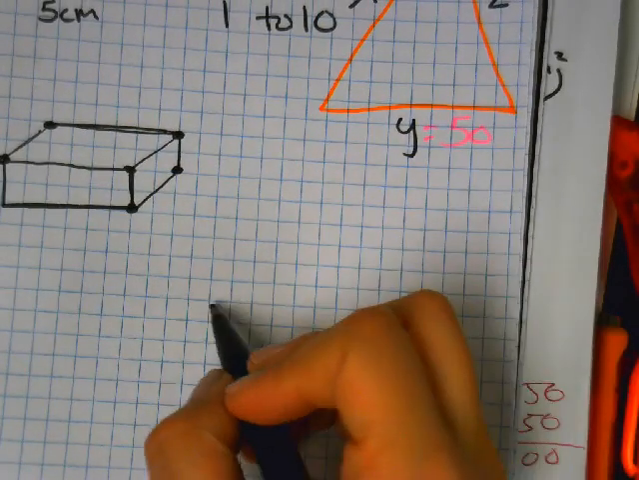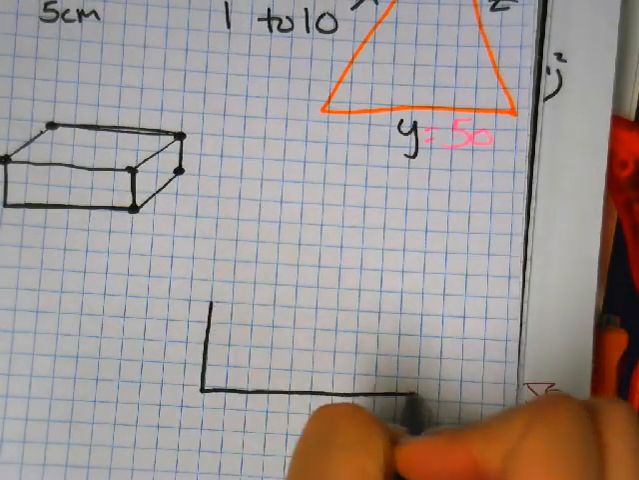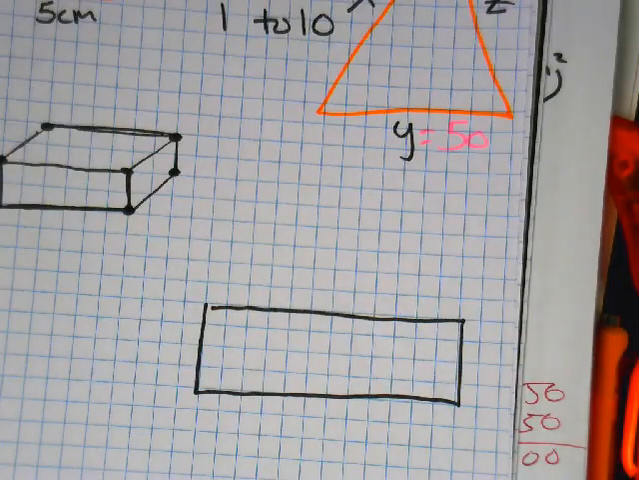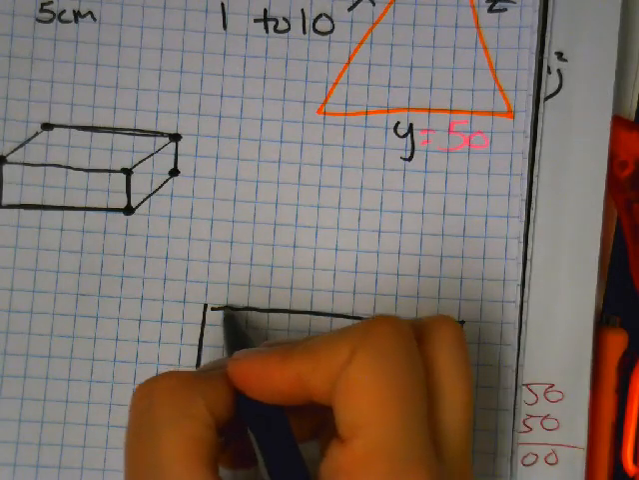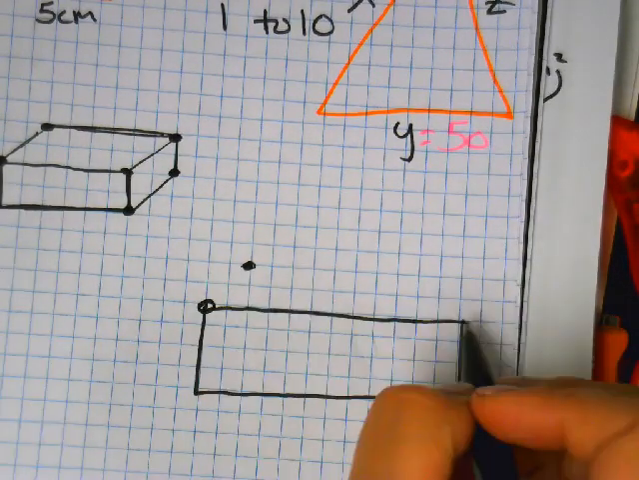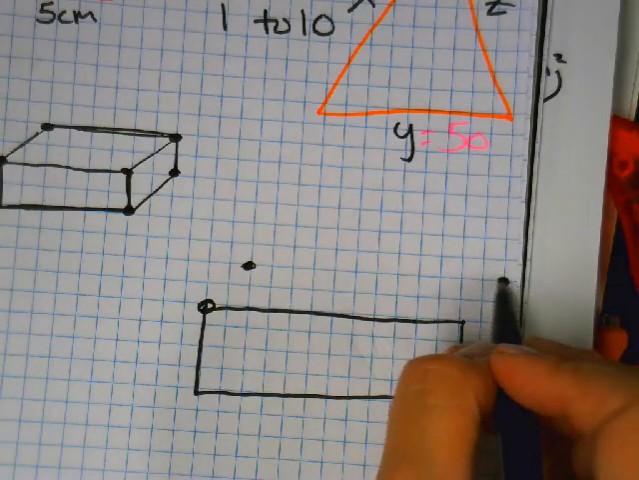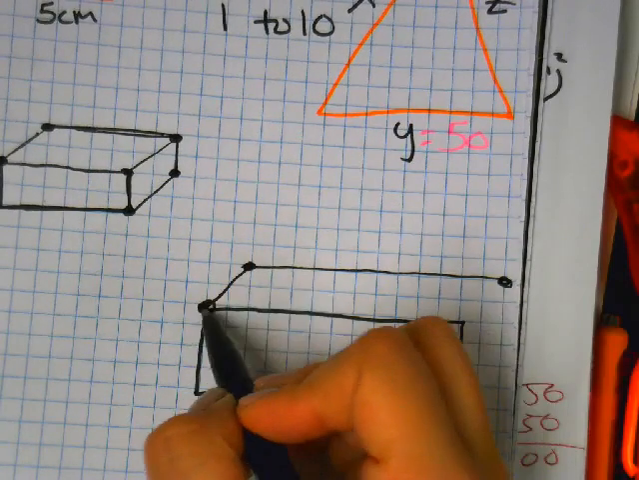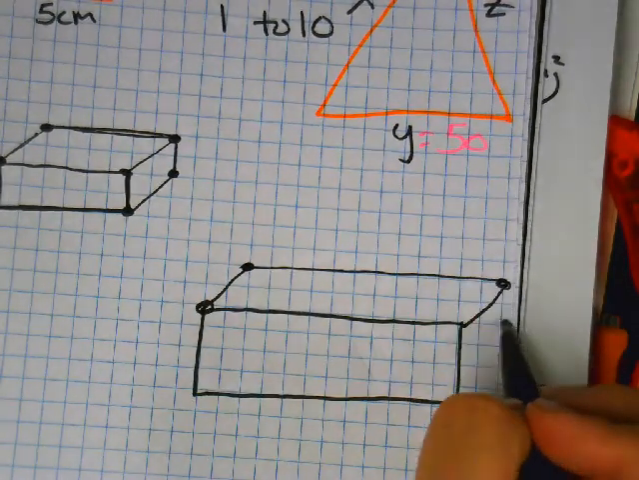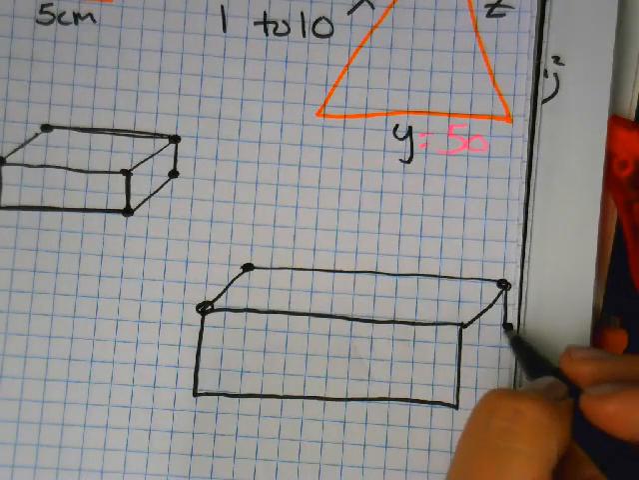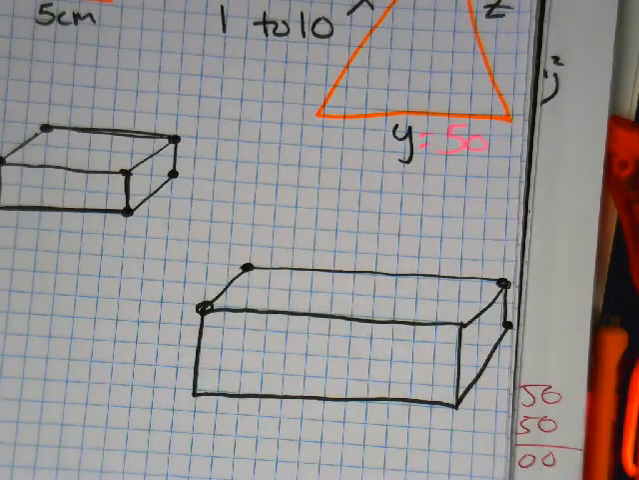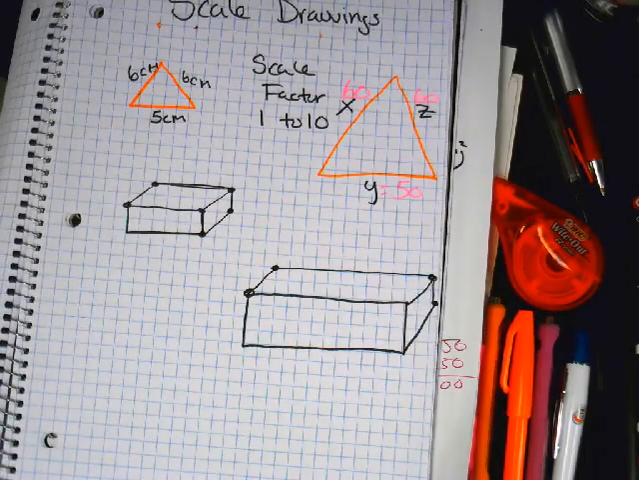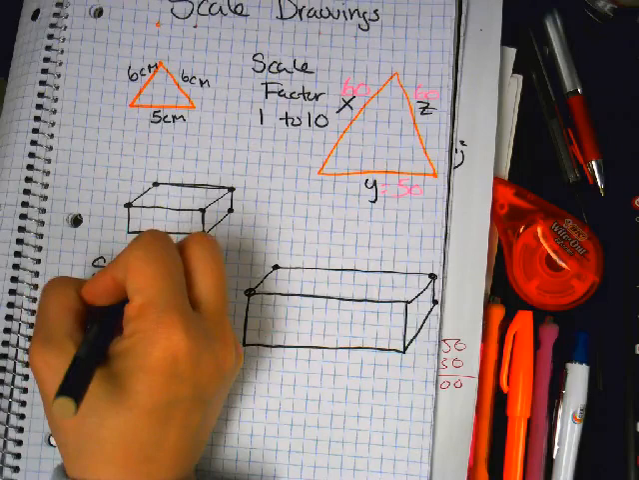Now I'm going to make a bigger one. A bigger rectangular prism. Down, over 2, up 2. Over 2, up 2. Just like so. Then I'm going to connect the top. Here, go down 2. Here and there. So did we make this shape bigger or smaller? Bigger. Okay. The scale factor